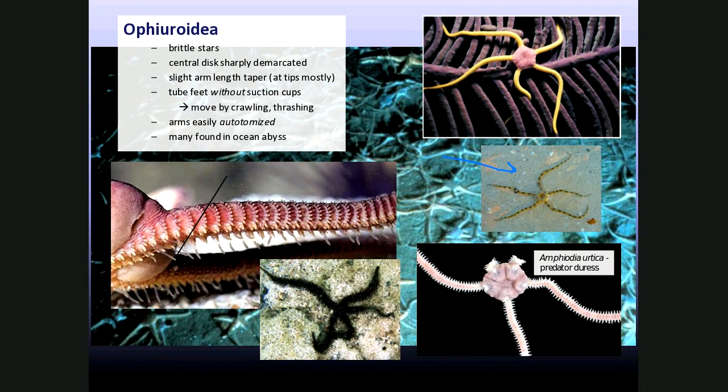It's the same thing with the lizards, folks. When lizards are attacked, if the tail falls off and it's wiggling around, they're hoping that the predator will go, oh, what's this wiggly thing? And go after it, and then the lizard can crawl off and hopefully be safe. The picture in the background is a picture of the bottom of the ocean. We find a lot of brittle stars down at great ocean depths.